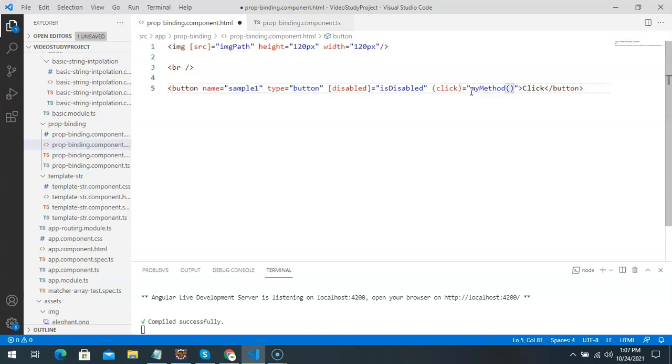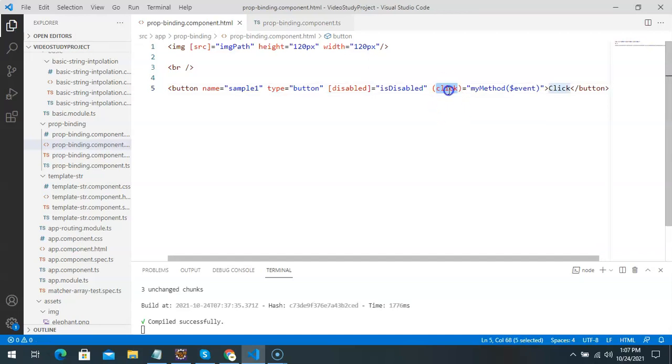So in this one, we are going to pass the $event object. Click is the action performed by the user. This method we will be writing in the property binding class, and the $event object will give us all the information about the action performed by the user.